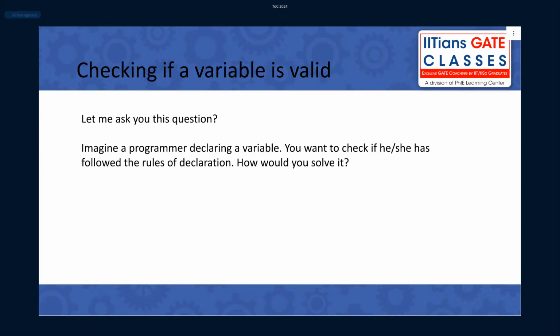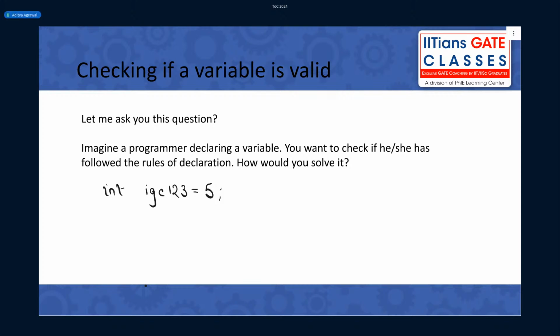How? Imagine you are a programmer and you have declared a variable. Let's say I declared int IGC123. You can eyeball this and tell me that, yes, this is a valid form of variable declaration because it follows the rules I discussed in the previous slide.